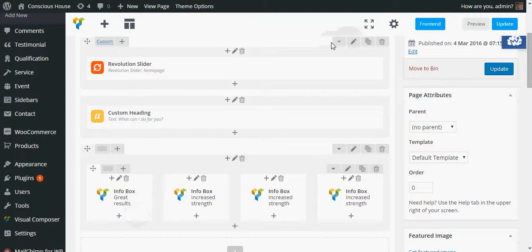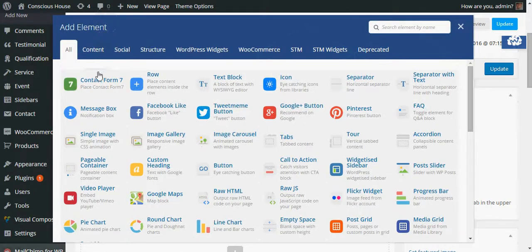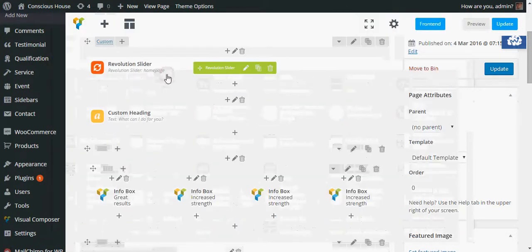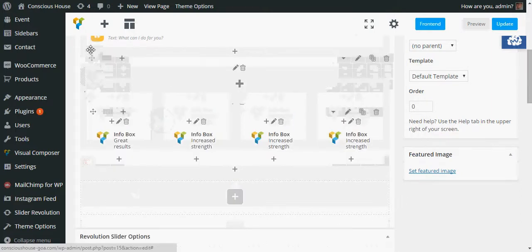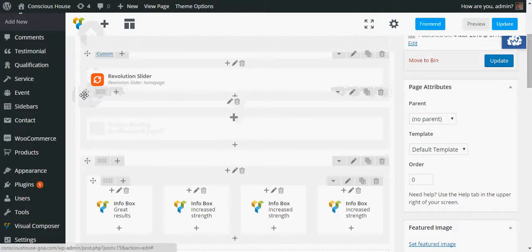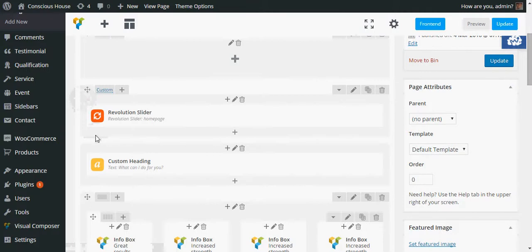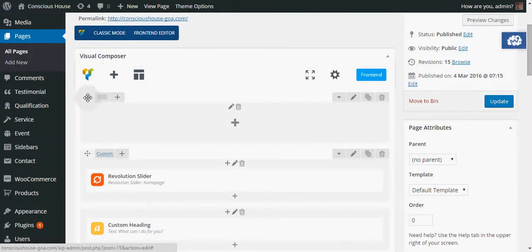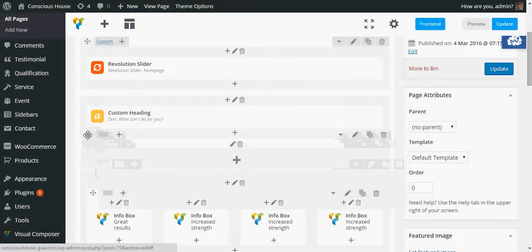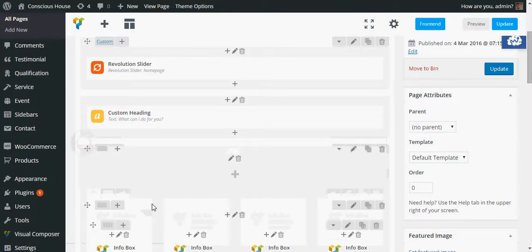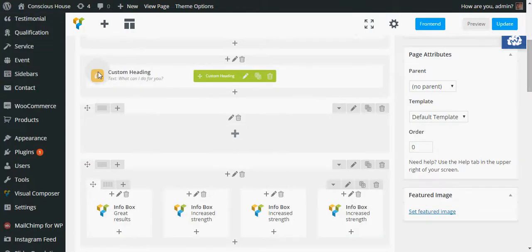So what I'm going to do is create a row, just a general row, this one here. I'm going to move it up to here. Okay, it's gone too far up. Let's put it below there. Need to move at the moment. Okay. So within this row,